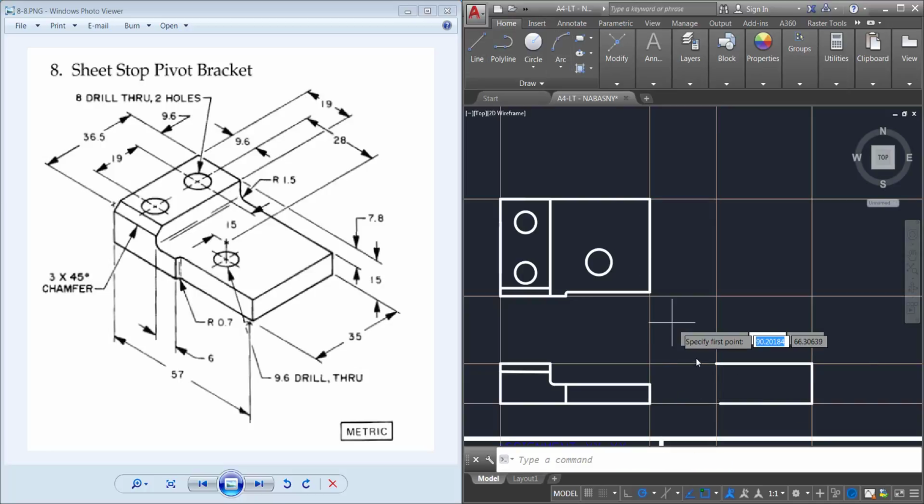We come from the top, so we could go down 7.8, and then we could go over 1.5 and then straight down, and that's going to give us that 1.5 divot on this side. And then we're going to have a divider line here that goes straight across, and we're also going to see this back feature, so we have to build this on the back. So we have to draw that inside of there,